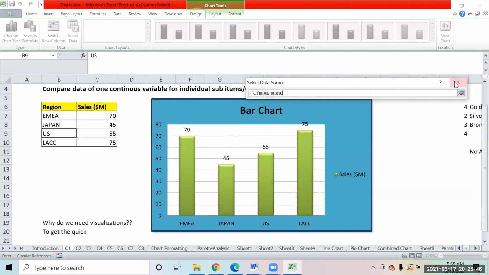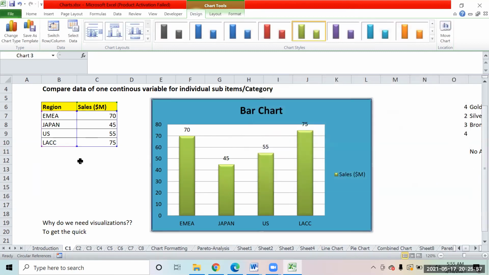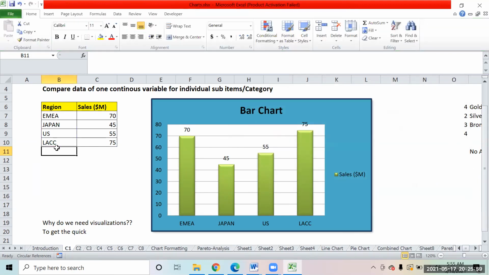So I hope now all of you can make this dynamic, right? This is something that we have already learned by using the offset formula. You can create a dynamic range also that tomorrow, because see, what happens right now is, if a new region comes in, right? If suppose I add India also into it. And the revenue in India was 50. So right now it will not incorporate that right away.